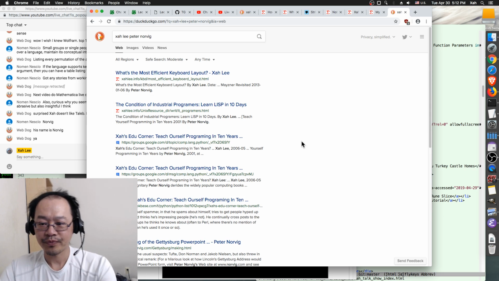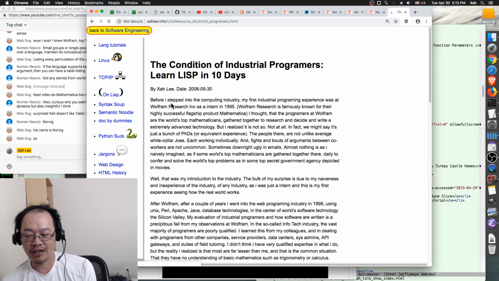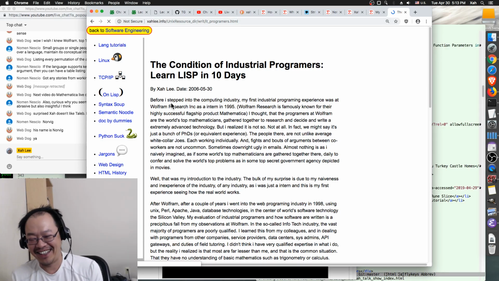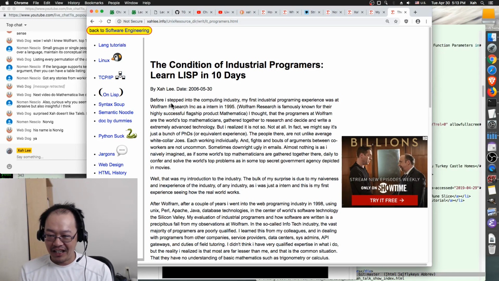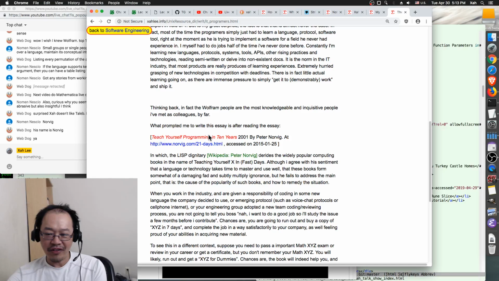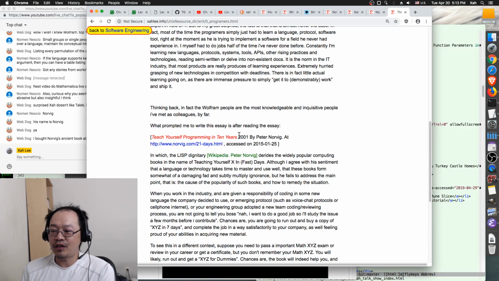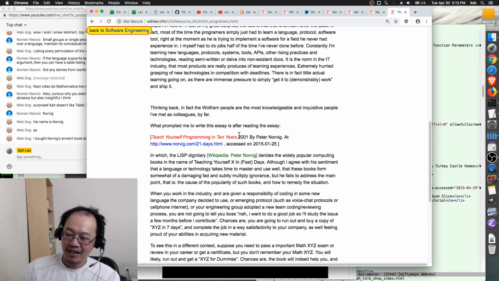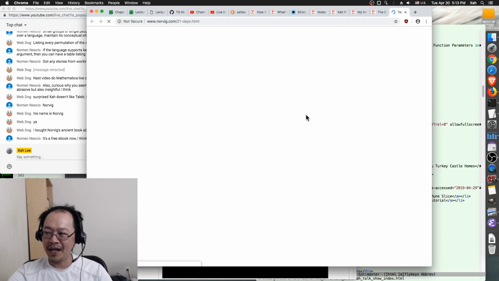There it is. The article is named "The Condition of Industrial Programmers: Learn Lisp in 10 Days." Okay. Now, I wrote this in 2006. This essay is a reaction to Peter Norvig's article. It's a very popular article. It was hugely widely spread. The title of that article is "Teach Yourself Programming in 10 Years." It's written in 2001 by Peter Norvig. You can see I have a link to his article, and he has